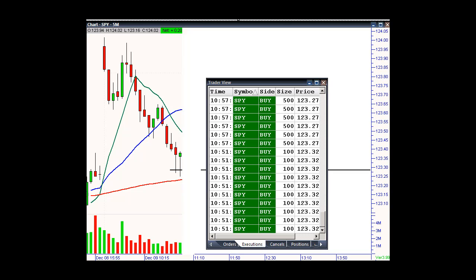Okay, so guys, here's the trade log, and you can see that the first red bar tail that went down, that's when I had the bids. That was the 1050 to 1055 bar, and you can see the bids I had out there at 123.32. That was the first 1,000 shares. 1051 got picked up, and then that second bottoming tail is the 1055 through 11 o'clock bar,